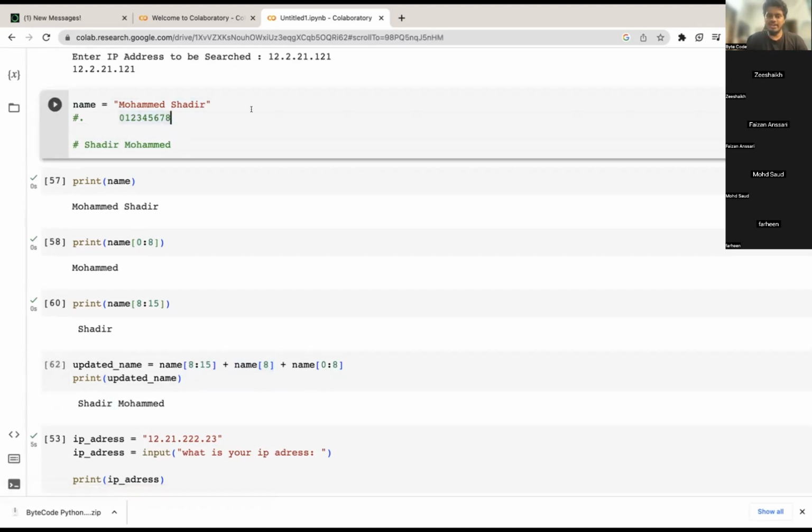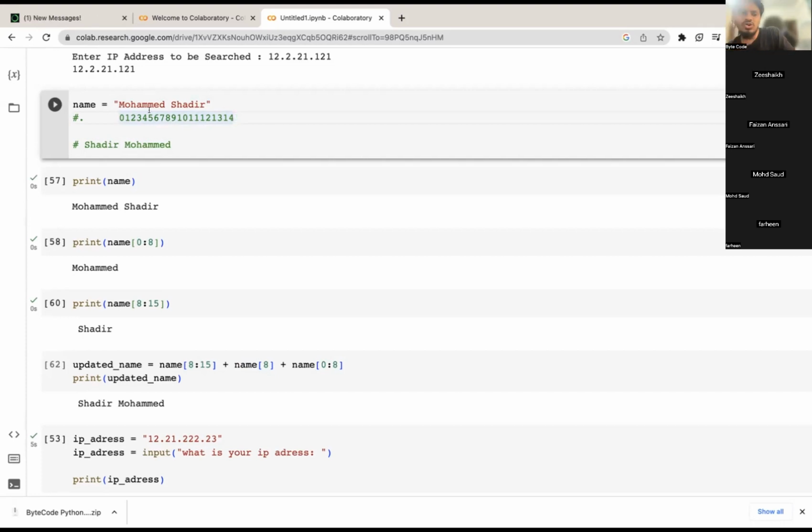Then 9, 10, 11, 12, 13, and 14. I hope everybody got this. So this is called indexing. Now, indexing is very important in every programming language.